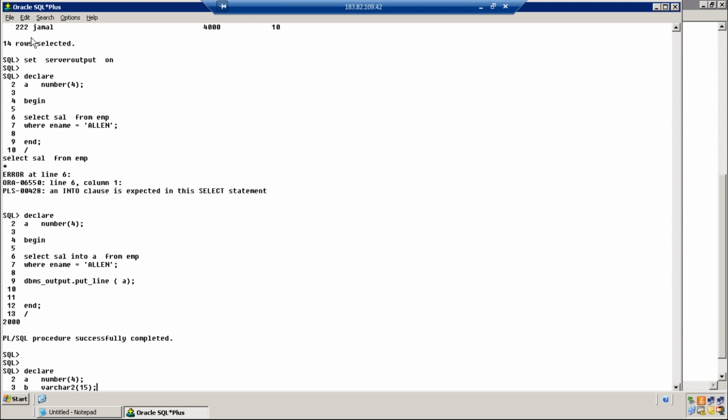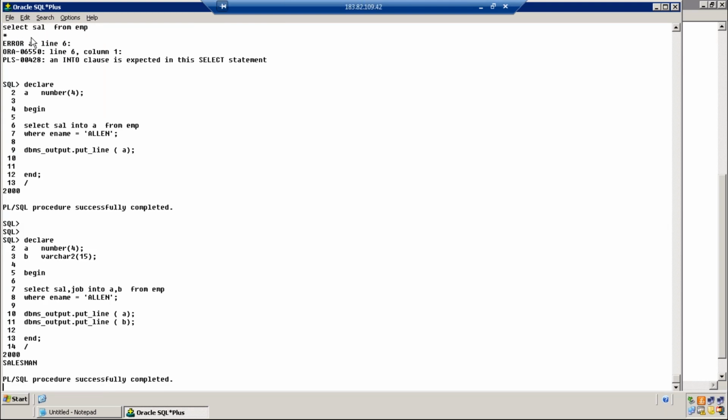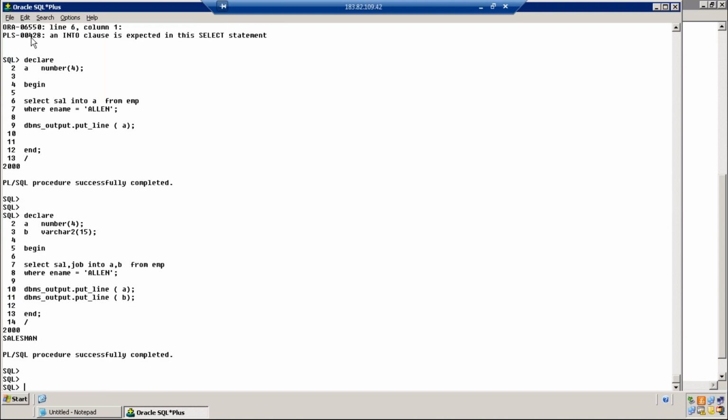We have to maintain the order. Very important. Order should be maintained because otherwise there will be a data type mismatch. If both data types are varchar2, still, as a developer you should know which variable is storing what value, isn't it? Otherwise, you should write the program that way. You should know what variable is used to store what value.